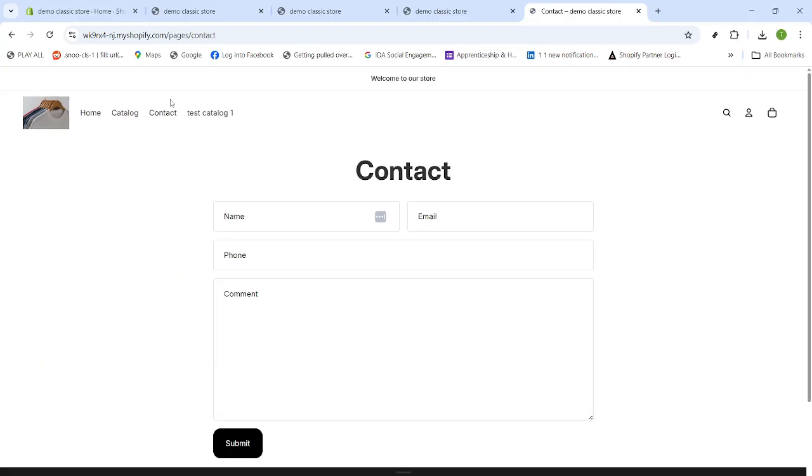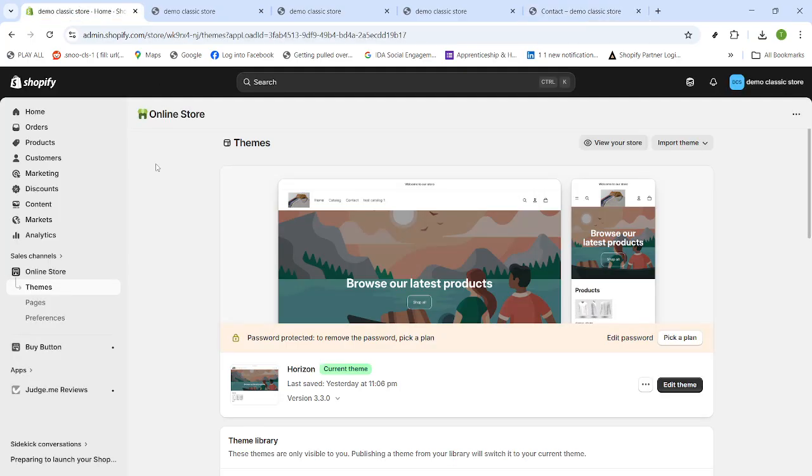That's it. From the admin, open Online Store, click to view your live theme, and copy the address you see in your browser. Save it somewhere handy, and you're ready to share or